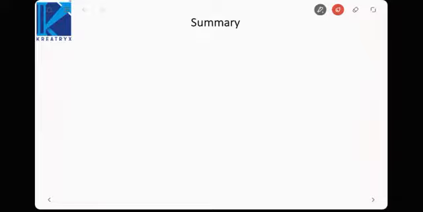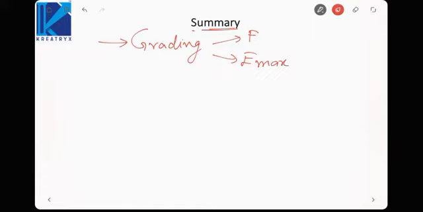So let us summarize what we covered in this lecture. We first saw the grading of cable. In this we saw factor of safety can be same or Emax is same. If factor of safety is kept same, then the material with the highest product of permittivity and the dielectric strength is kept nearest to the conductor, and if Emax is kept same, material with highest permittivity is kept nearest to the conductor. Then we saw capacitance, which was 2 pi epsilon naught epsilon r divided by ln R by r.